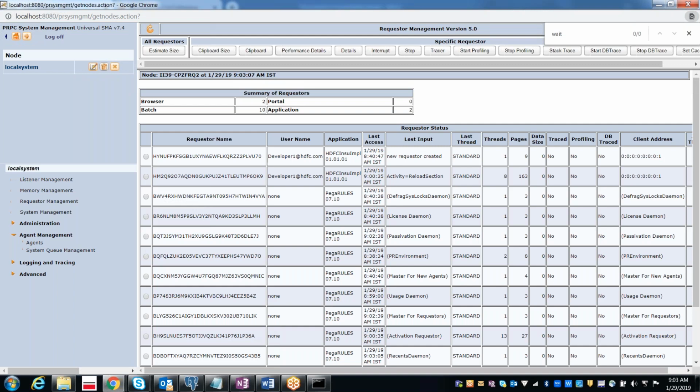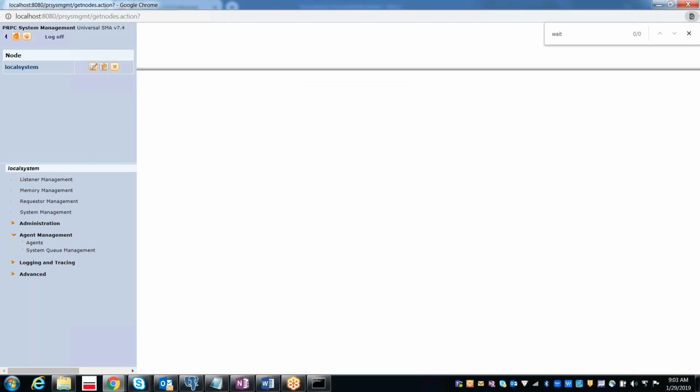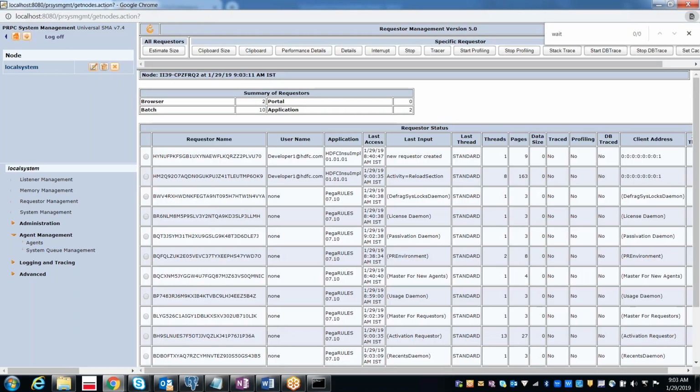I have given every 3 minutes actually; I could have given a much smaller amount.